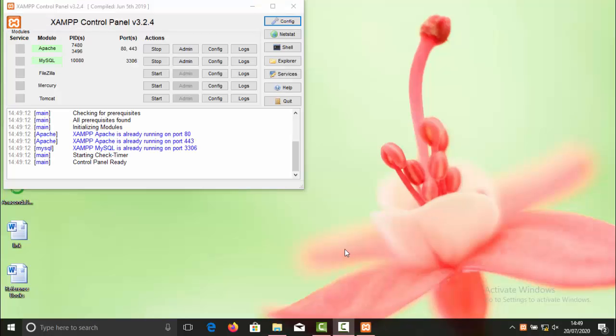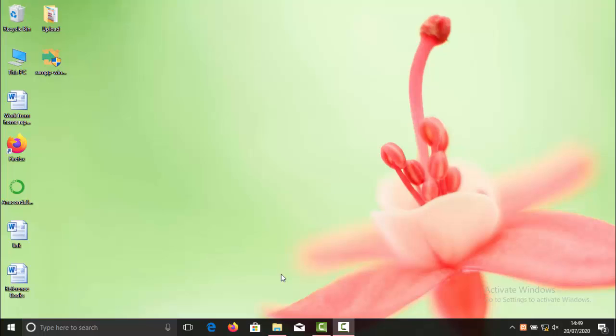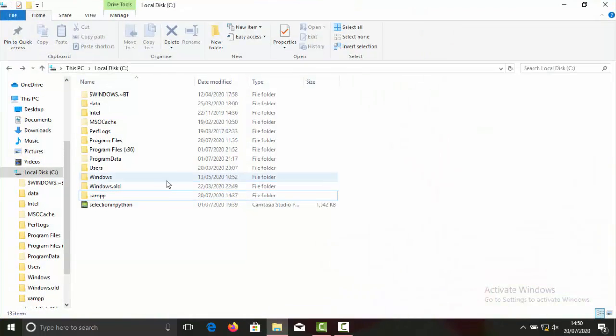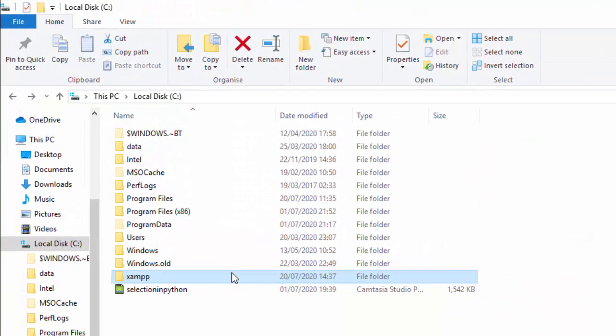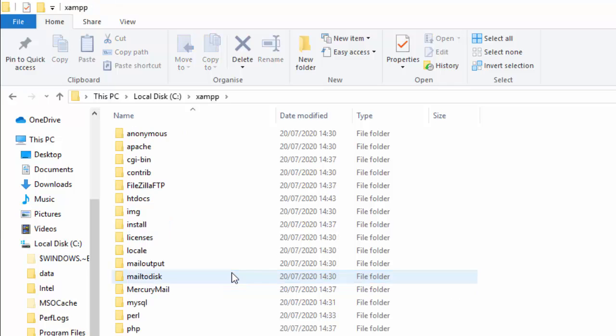Now one more thing I want to show you is that when we installed XAMPP, it automatically launched the XAMPP control panel. But next time if you come and try to perform PHP programming with the help of this server, you can find this control panel within the XAMPP folder. So let me show you the location. First you have to go to the C drive which contains the XAMPP folder.